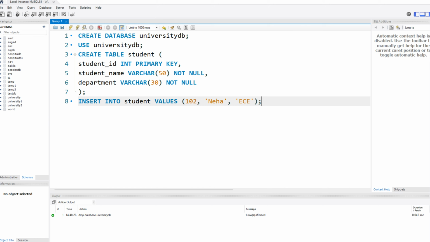First of all, we are creating the database named University DB, and then we are using that database because we need to create a table named student into that database. And there are 3 fields or columns in this student table: student ID, student name, and department. The data type of student ID is integer. It is a primary key. That is, student ID is always unique, and